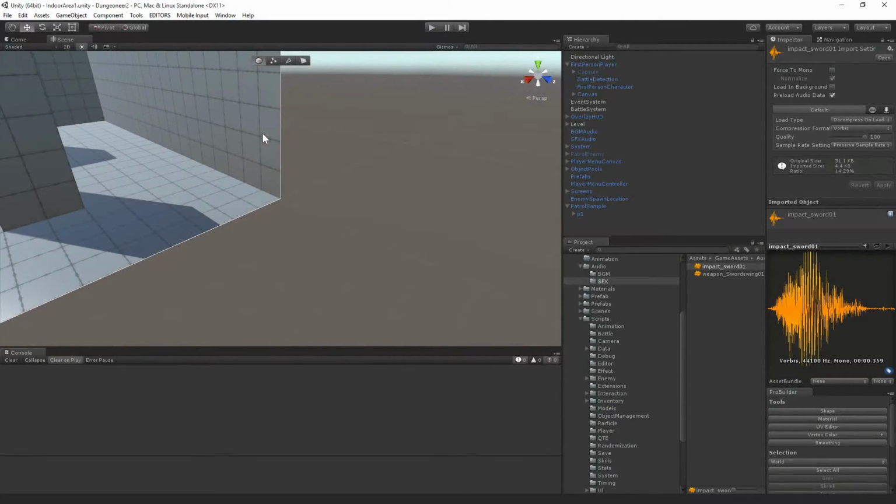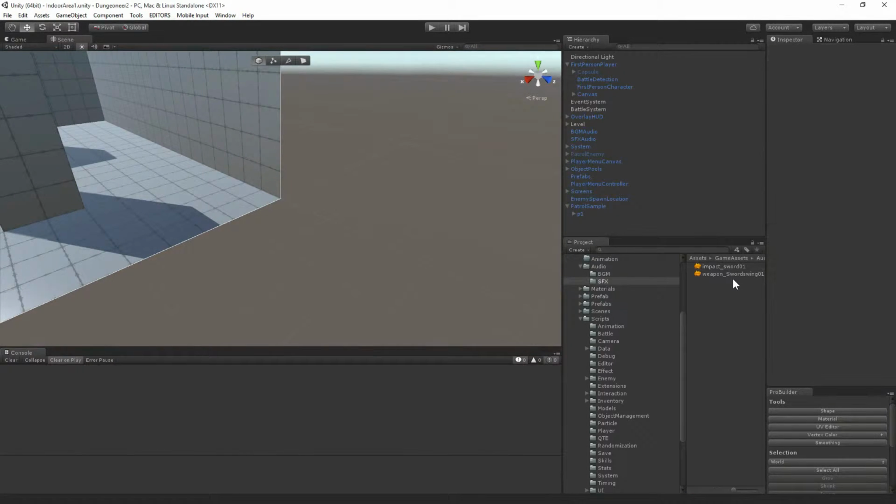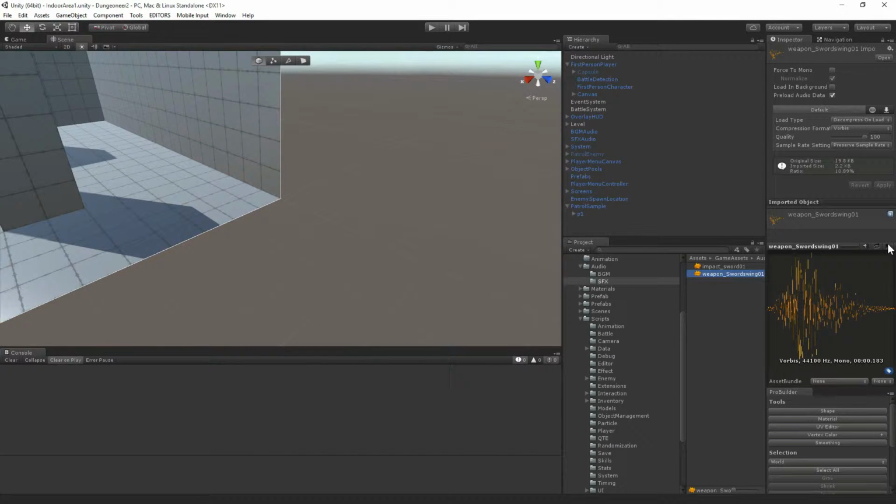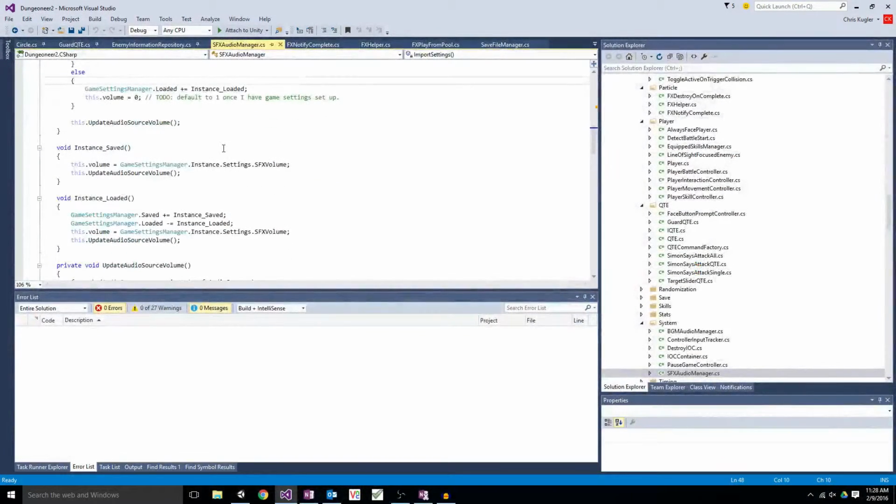Alright, so welcome back again. So now I've got my video recording set up, so you should be hearing these sound effects. So this will be the sound when our sword hits. And this will be the sound when our sword misses. So, going back to the code here,